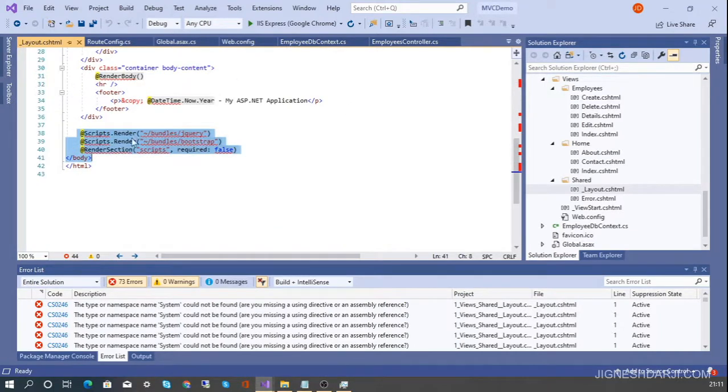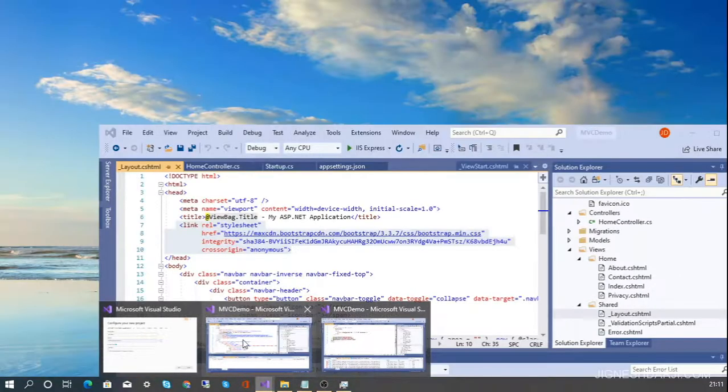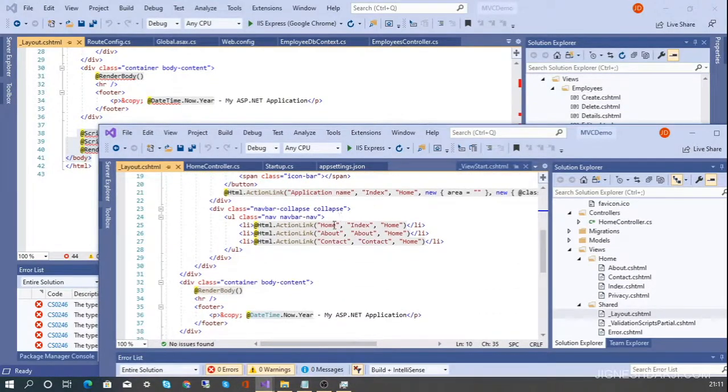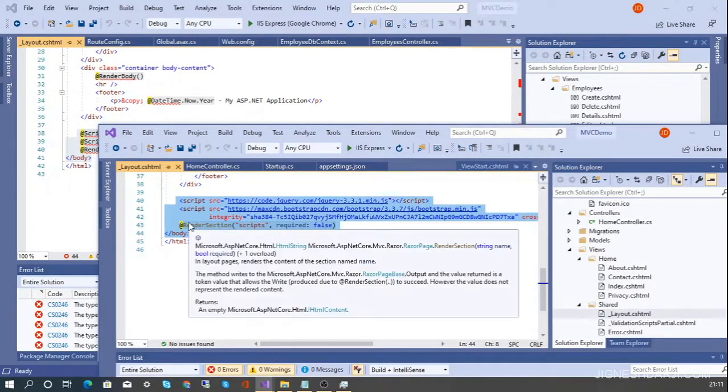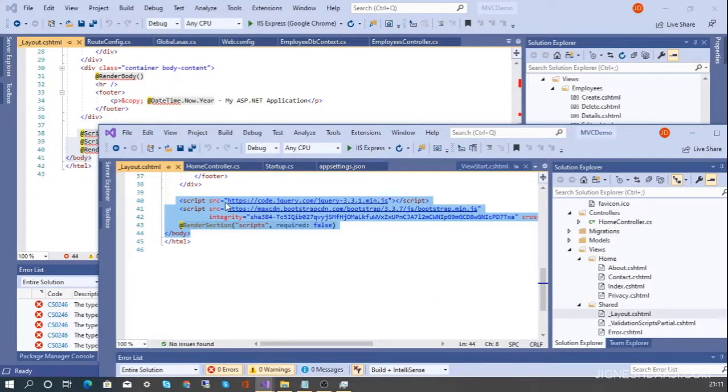So we have a rendered JavaScript here, right? This is our core project, and inside it we don't have that bundle config, so we simply add the script files here. You can remove this render section as well, as there is no requirement to render sections in this core project.